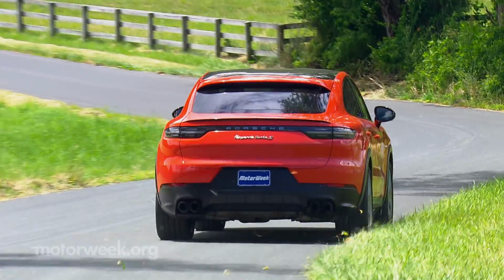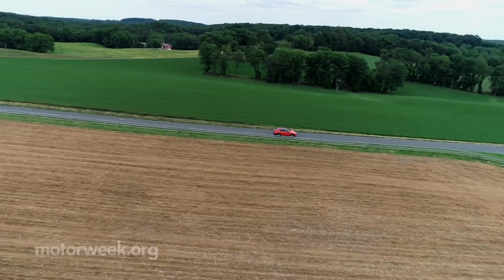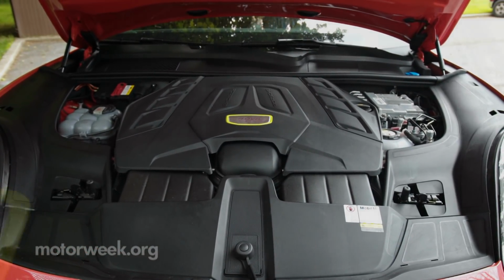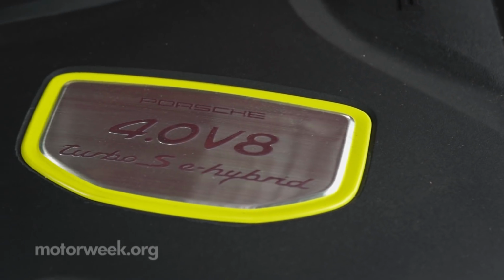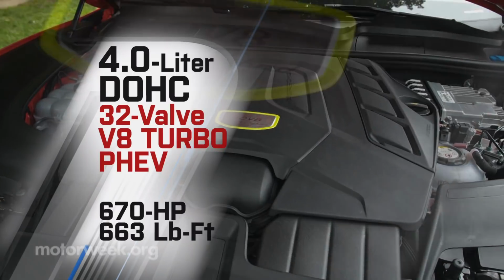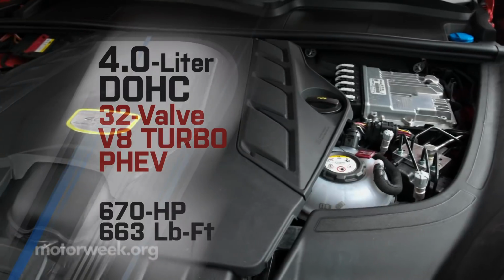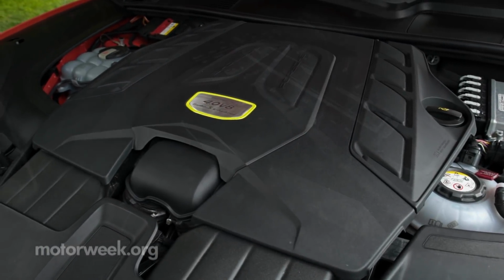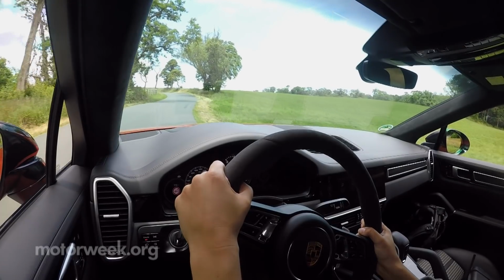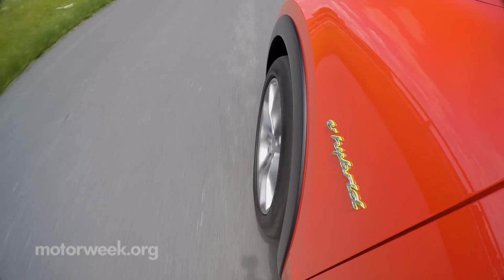Turbo S refers to the high-output 541 horsepower 4-liter twin-turbo V8 that's under the hood. And finally, E-Hybrid denotes the 100-kilowatt electric motor and associated batteries that combines with the V8 for a substantial 670 horsepower and 663 pound-feet of torque, which it then manages to deliver to all four wheels through an 8-speed Tiptronic S automatic transmission. Power pours out of this PHEV in a way that's exhilarating yet also intimidating at the same time,